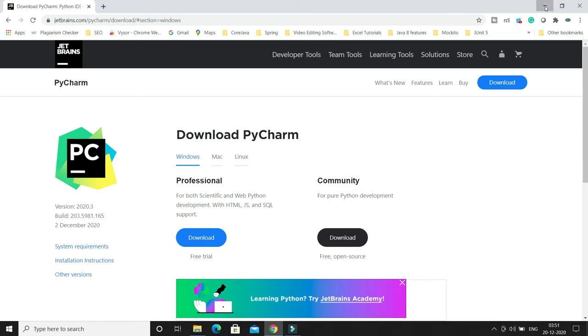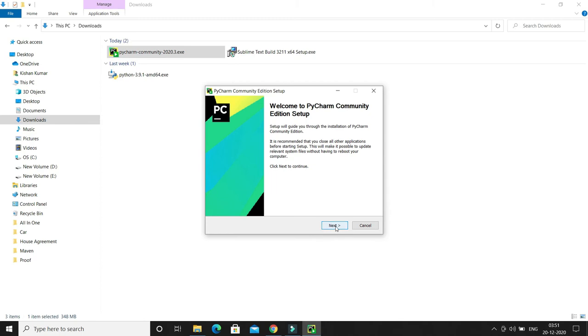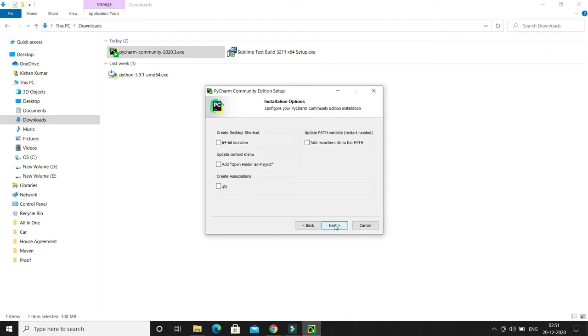So just to save some time, I have already downloaded it, and here you can see the executable. Just double click on this executable, then it will ask for your permission to install. So click on yes. Now click on next. Now you can choose your installation directory, so I will keep the default one. Now click on next, and here I'm going to choose the 64-bit launcher, and second thing I'm going to